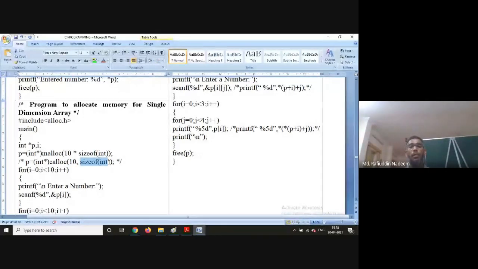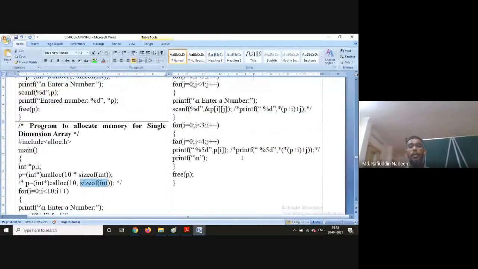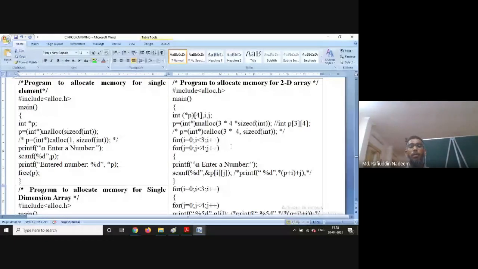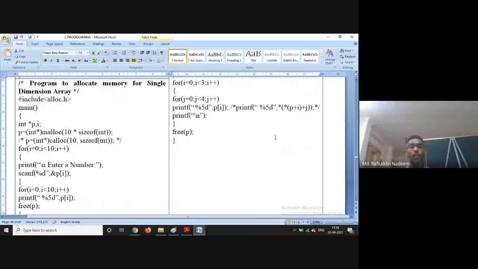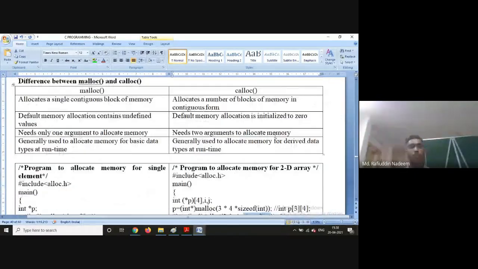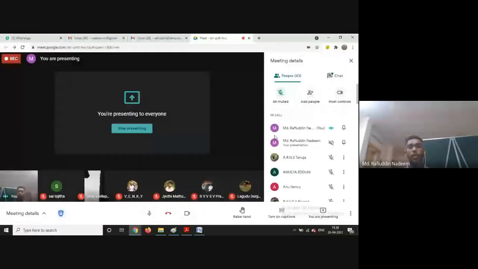In case of this 2D array, 3 into 4, means 12 elements are required, and the size of each element is mentioned separately, and the rest of the program is the same. Okay, so this is a very important concept, because the same concept is used in structures, and also in data structures it is mainly required.